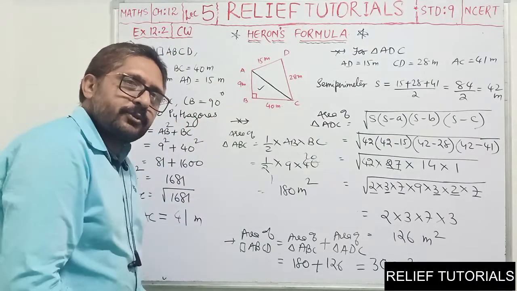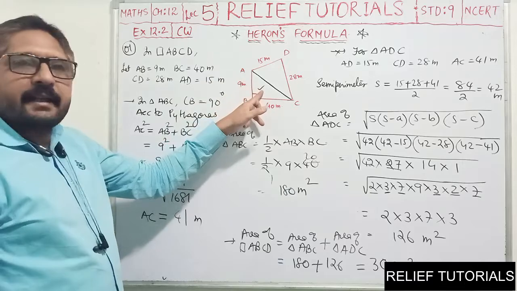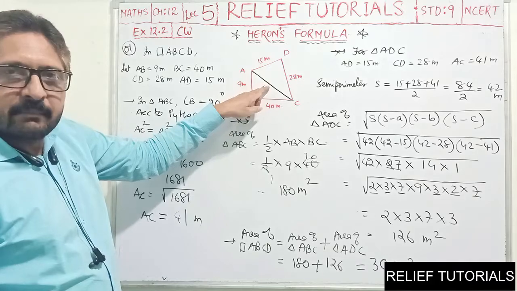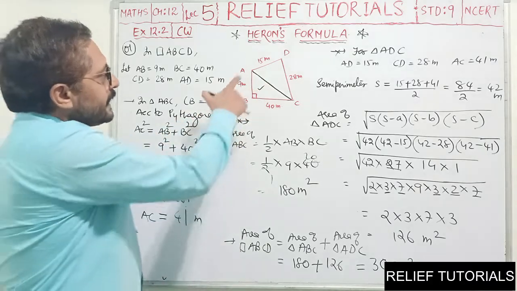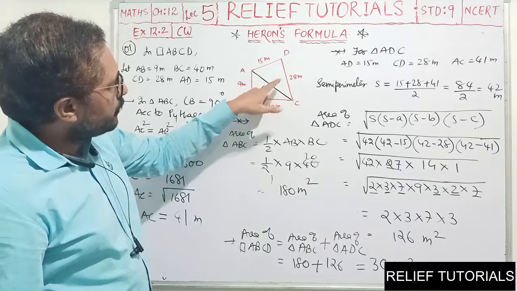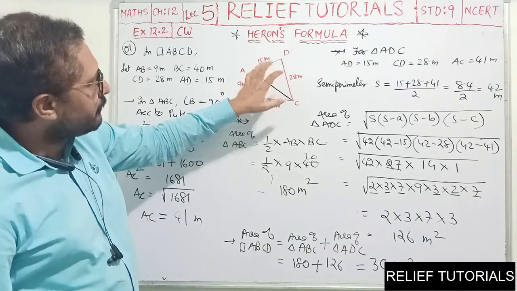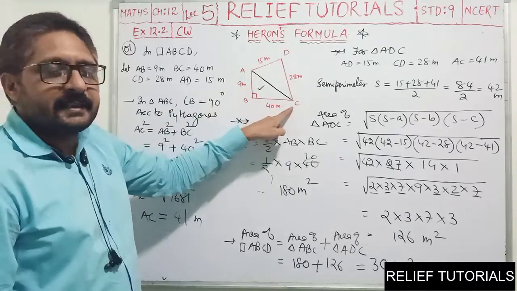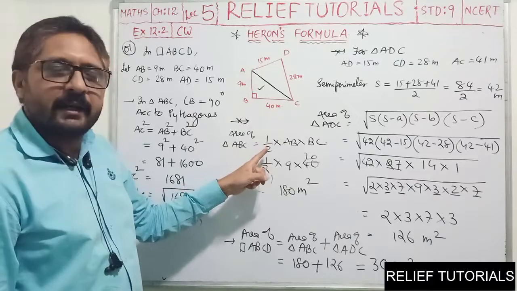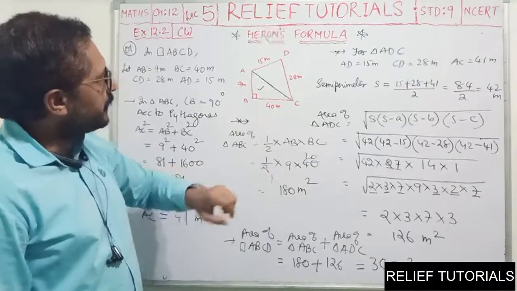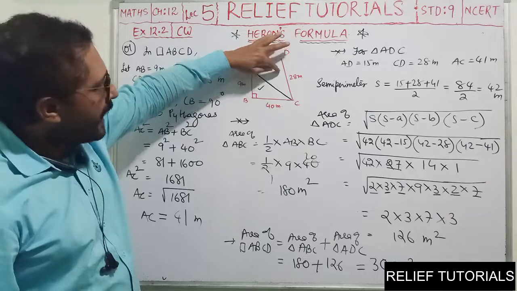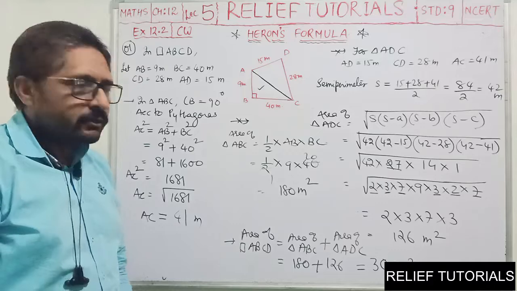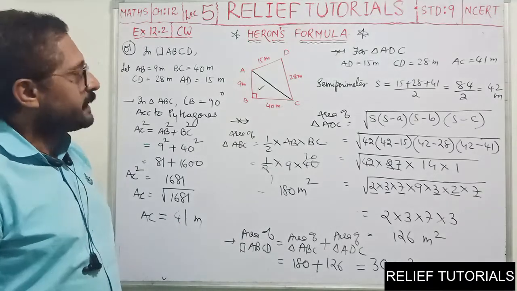So what is the moral of the story? One triangle is a right angle triangle. So here you want to find the side of this triangle by using Pythagoras. So you will get AC. Now if you get AC, you have all the measures of three sides of a triangle. So you will find the area of triangle ADC by Heron's formula. And triangle ABC is a right angle triangle, so easily it can be found out by half into base into altitude. In this way you can obtain the area of both triangles. Add these two areas, you will get the area of quadrilateral ABCD. So in this way our first problem is completed.